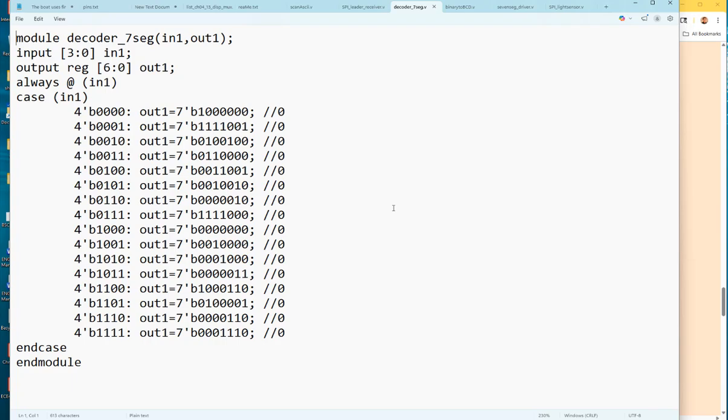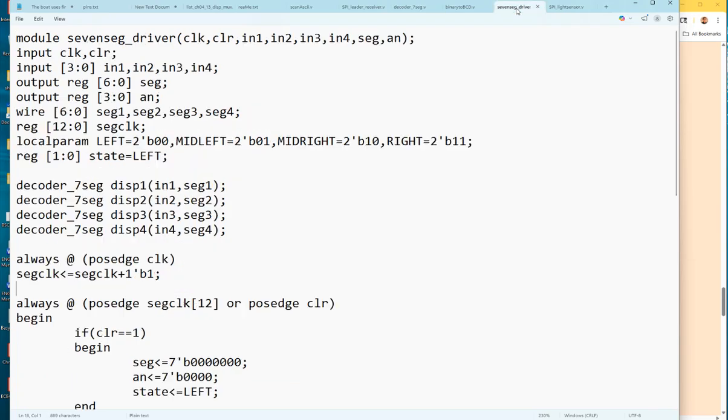All right. So this is the decoder module for the 7-segment display. It takes in all these data and shows different patterns. And this is the driver. Instead of integrating everything into a display module like we did, the display module being the one that I wrote, the textbook has different strategies to show this data. So for example, in this one,